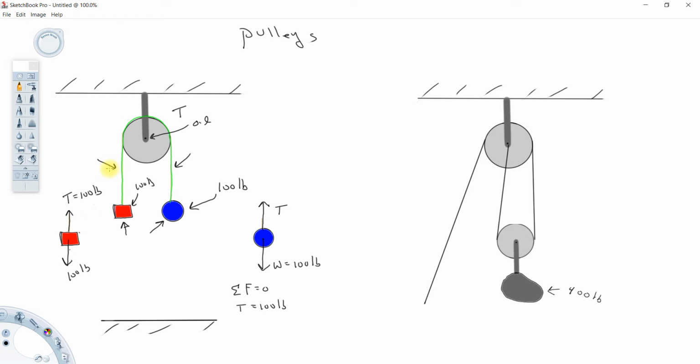So really, what does the pulley do? Basically it changes the direction of the forces. Now, what do I mean by that? Well, if I wanted to,